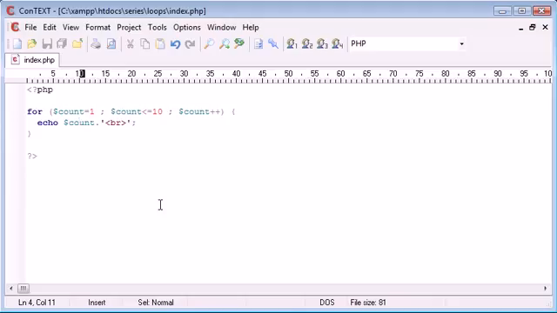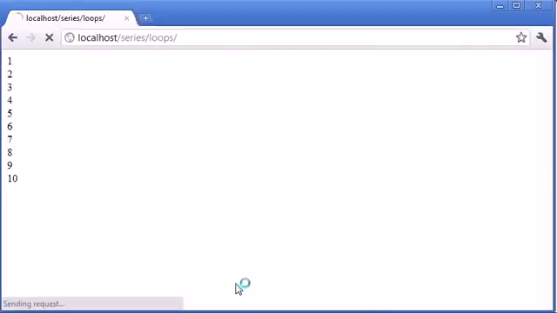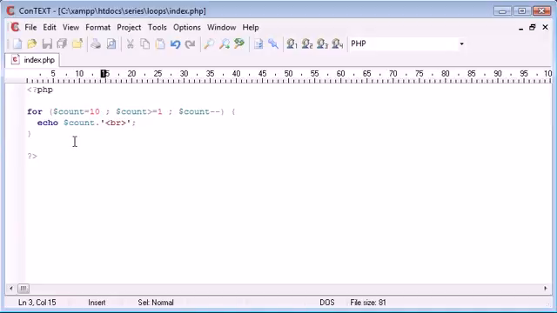Now the beauty of doing something like this is it's a lot easier to read. We can also obviously assign this on the fly. It's neater as well. If I was to just simply change that to greater than, this to minus, so that's decrementing it, this to 1, and this to 10, now what we're doing is we're counting from 10 to 1. So we've just changed the three parts of each expression around, where we're saying count is equal to 10 initially, while count is greater than or equal to 1,